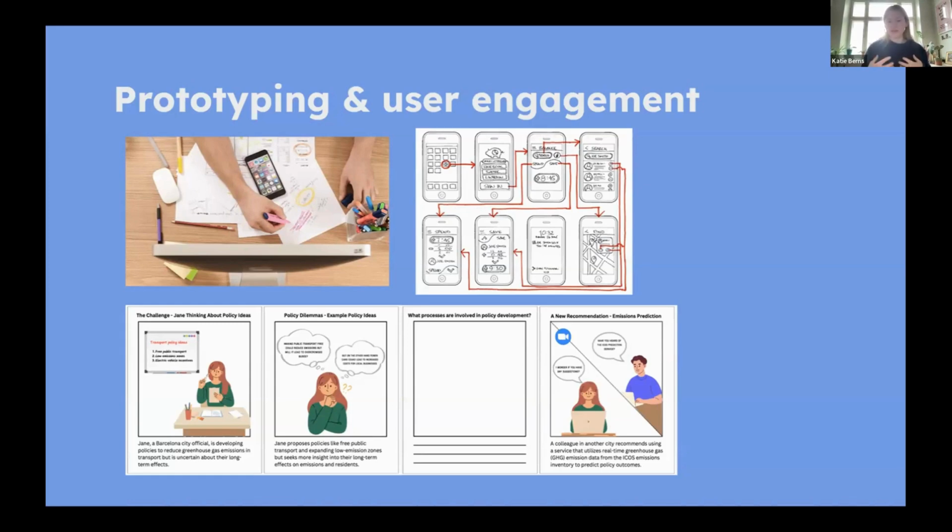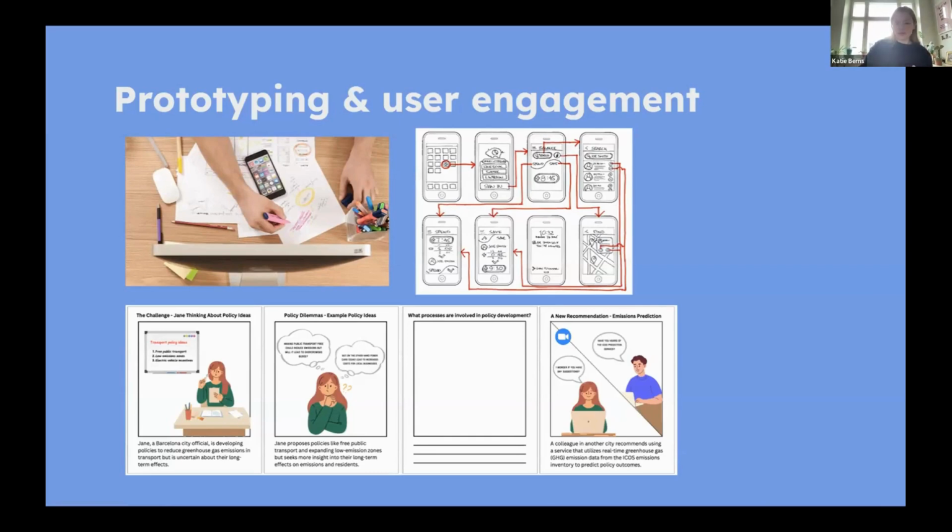I think depending on who we're working with and the project we're working with, it's really important to get this balance of presenting something that's actually tangible, that users can really envision, okay, this could be a system, this is something that could happen, while also balancing that with the idea, like I said before, that this is something I can influence and it's still under construction. That's the real challenge. So really trying to find that balance for your project is interesting. But the main thing here is thinking about how the type of prototype I'm engaging my user with is going to influence and impact the feedback they're going to give me.